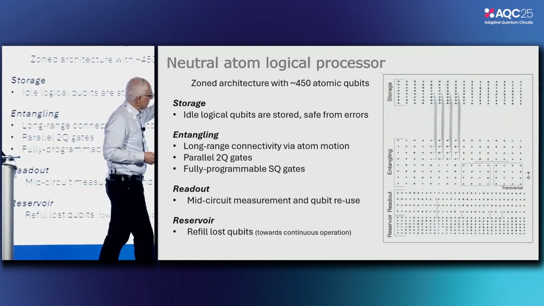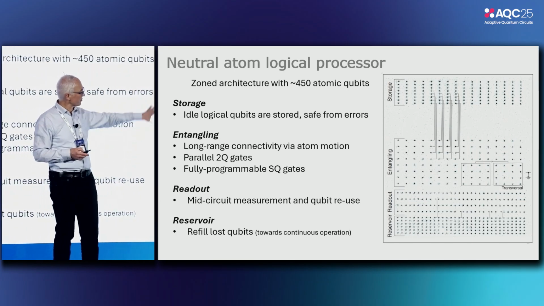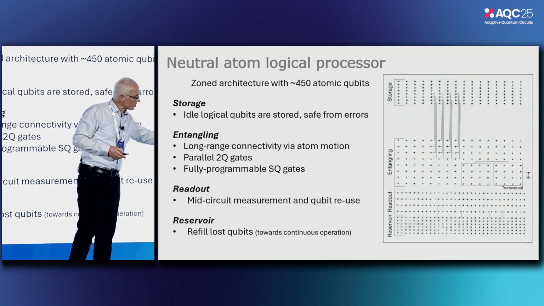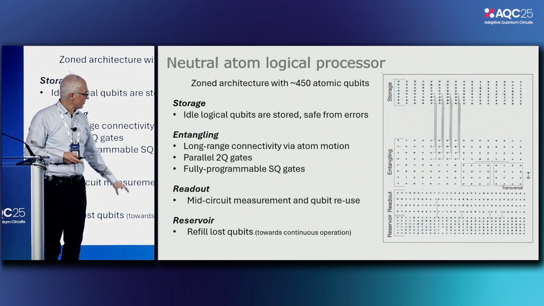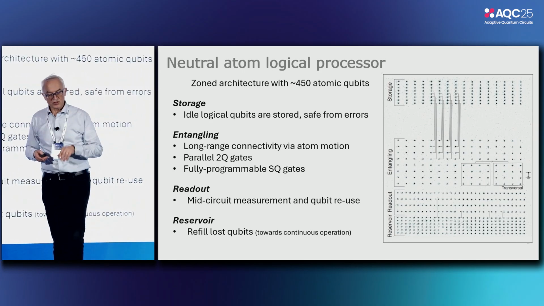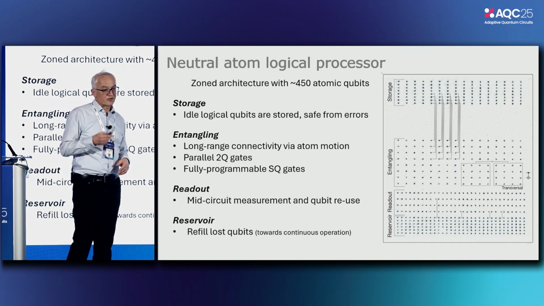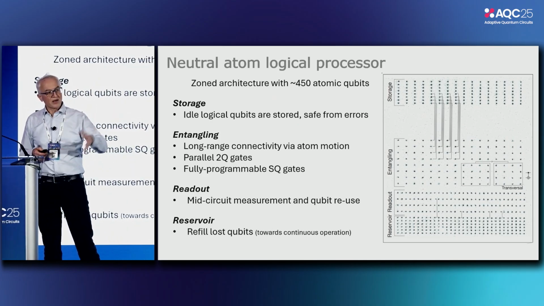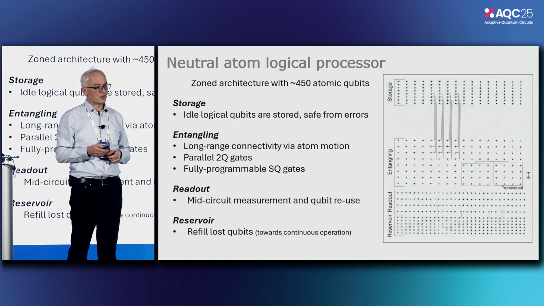So our vision now, and the thing that we're doing for a quantum processor, is that it has different regions in the microscope plane. There's a storage region for the data qubits. There's an entanglement region, the CPU or the QPU, the quantum processing units. There's a readout region where you read out the ancilla qubits after moving them out to detect errors. And then there's a reservoir of atoms that we can now continuously refill, because there's a small probability of loss, about 0.1% or so per gate cycle, that comes from atom heating or the atoms being lost during the Rydberg